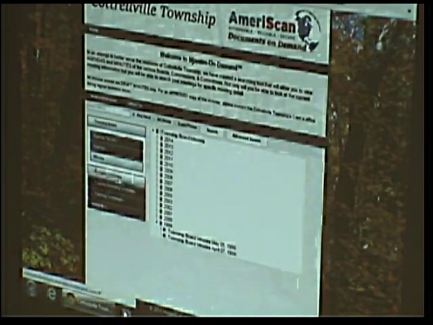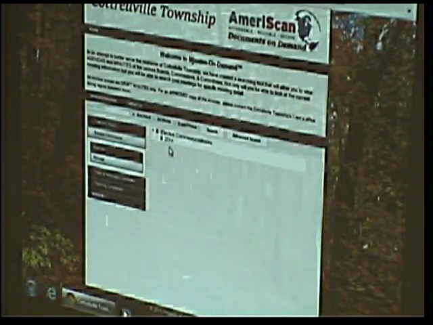And the other main thing is that our residents, when they want us to post it to our website, how many people say they don't have internet service? Well, now they can get this on their phone as well. As soon as something is posted, if they choose to be alerted that way, they can say, I want to be alerted when the planning commission posts their minutes, or when the board of trustees posts. They're going to be notified, and they get all that.